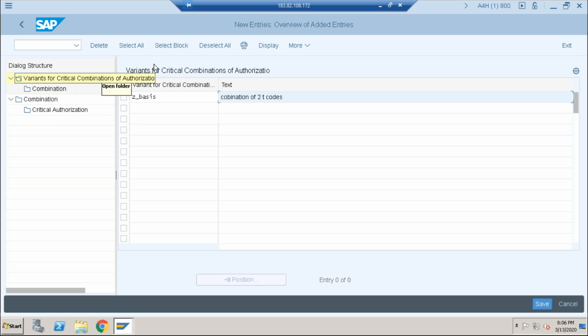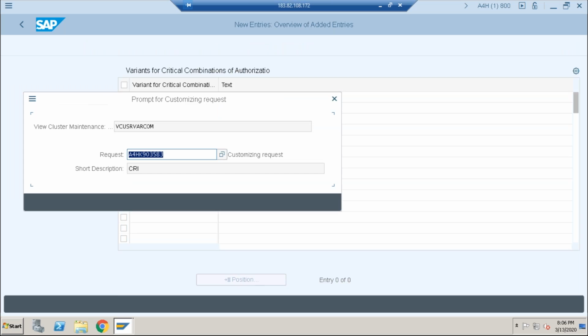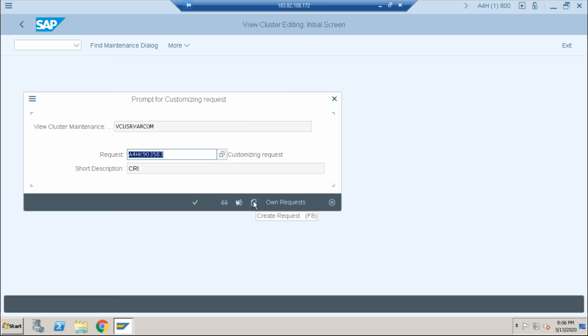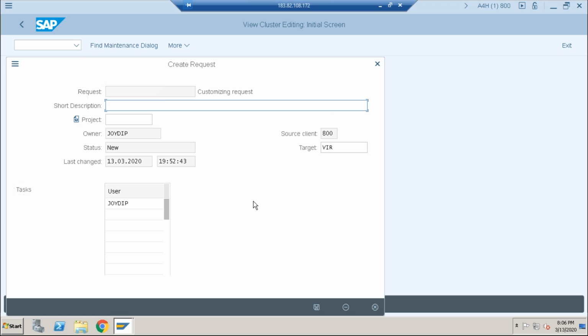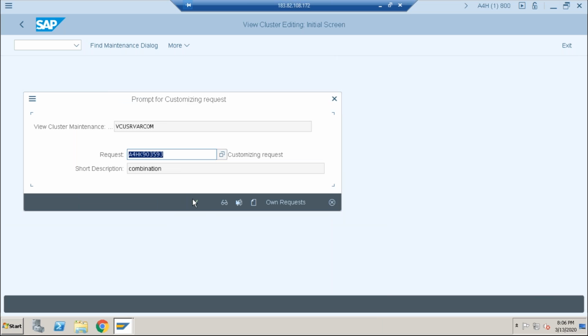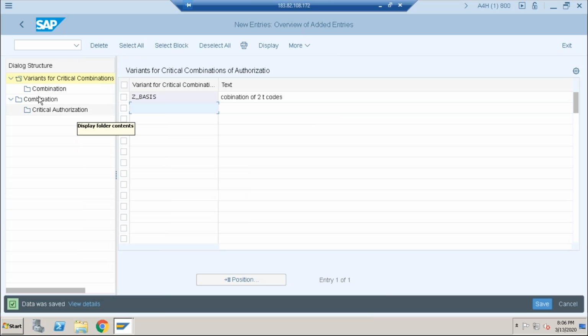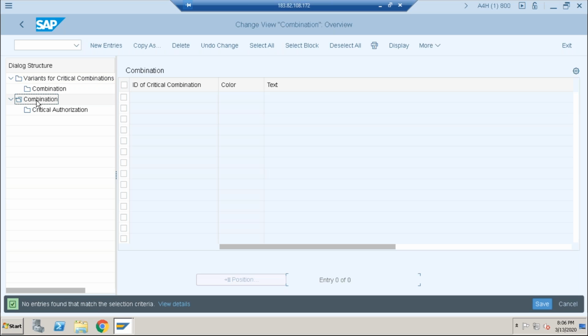Save it. No, not the combination. Save it. Go for the second folder. Okay, go for next.